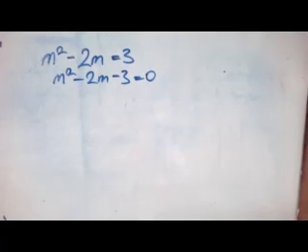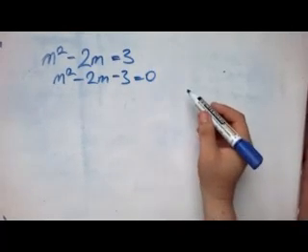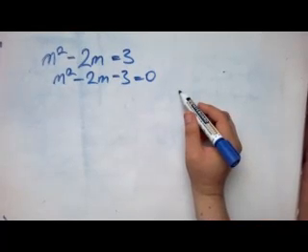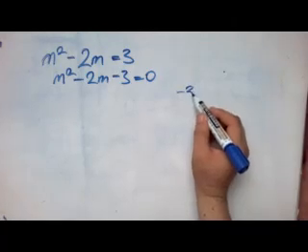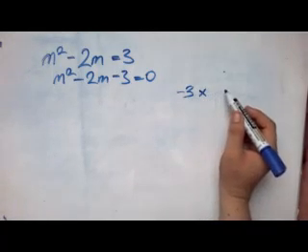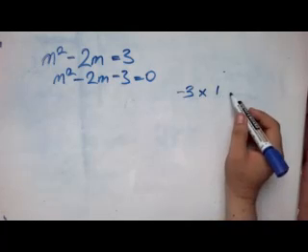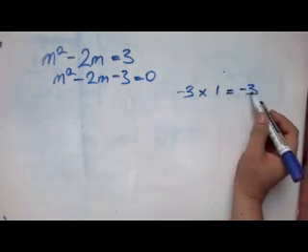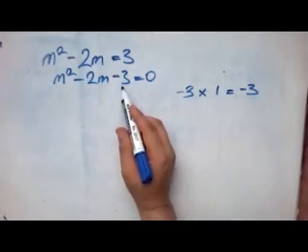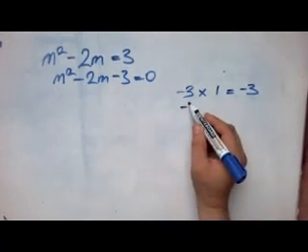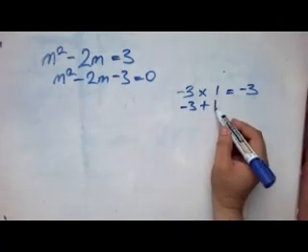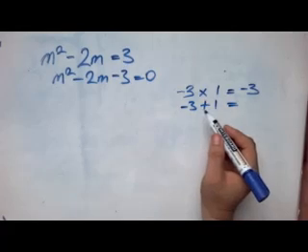Then 3 plus 1, depending on the signs those numbers have, can give us minus 2. Let's try it. When you say minus 3 times positive 1, the answer will always be minus 3, as we have in our question. Now, when you say minus 3 plus 1, you'll now notice that